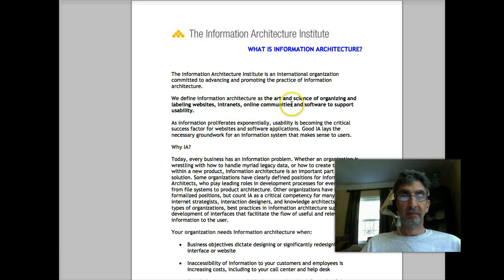Online communities are also very general and not specific enough. And it talks about organizing and labeling the software to support usability. You don't really organize and label the software, so it's kind of strange. And then it's to support usability. Well,